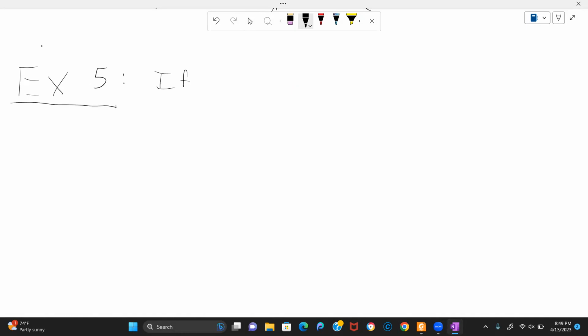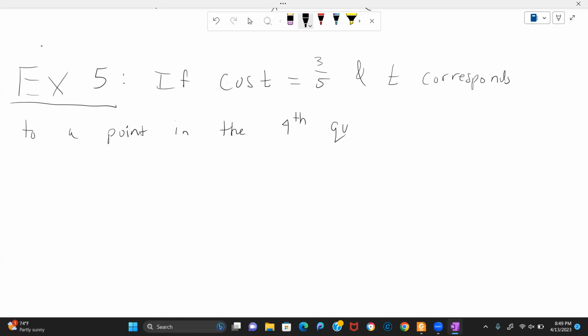Let's assume that cosine of t is equal to 3/5, and t corresponds to a point in, say, the fourth quadrant. We want to find